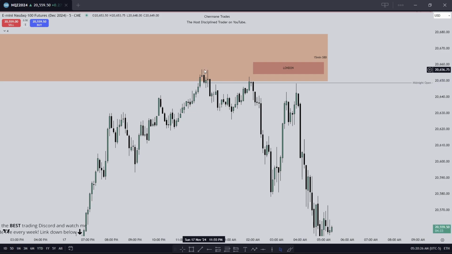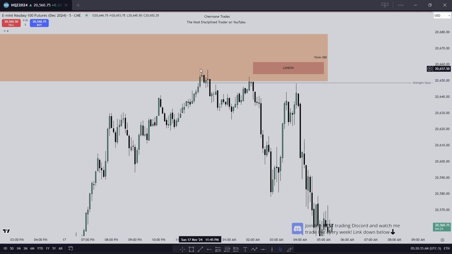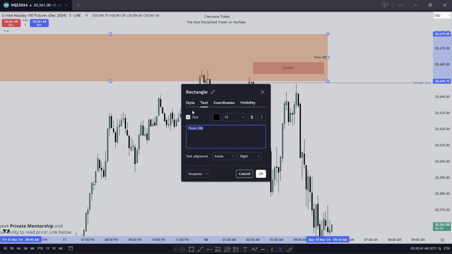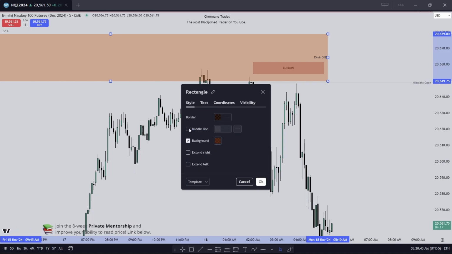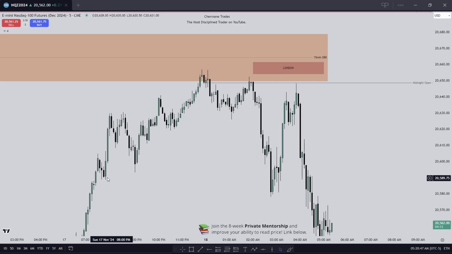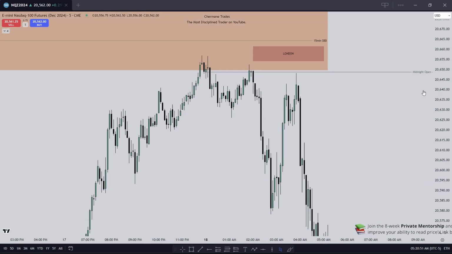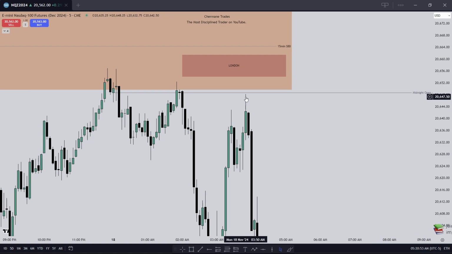How heavy is price? Well, for one, we can't even reach consequent encroachment, which is the midpoint. Trade down, trade up. Can't even take out this high. Trading above the midnight opening price. Still can't reach consequent encroachment of the 15-minute fair value gap. That's this price level here. Trade all the way down, clearing out the sell side. We'll look at setups in here. Trading back up. Just failed to reach that midnight opening price.